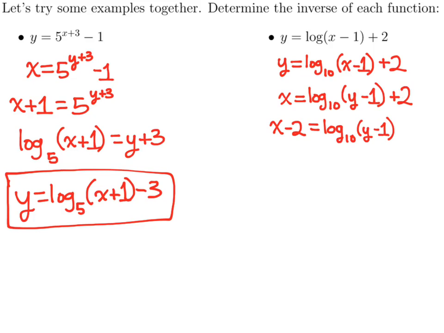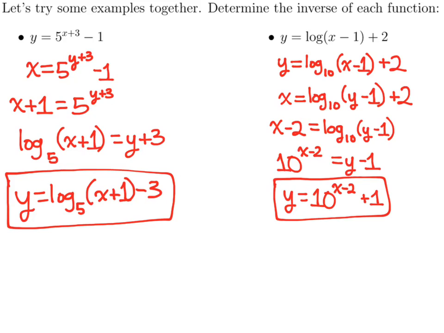Once we've accomplished that, the y is still inside the logarithm. Now we'll need to trade form. So, from logarithmic form, we will turn it into exponential form. 10 to the x minus 2 equals y minus 1. All right, so again, we took the logarithm and we made it the exponential equation that has the same information. And now we're almost done solving for y. Just add 1 to each side,